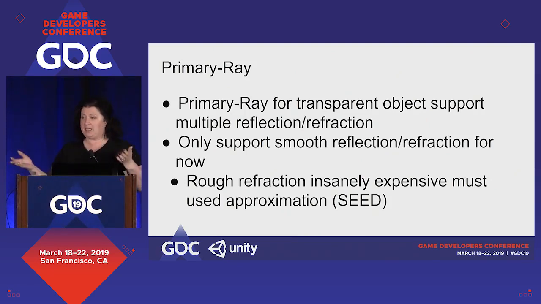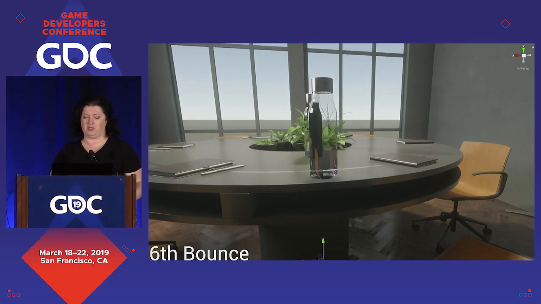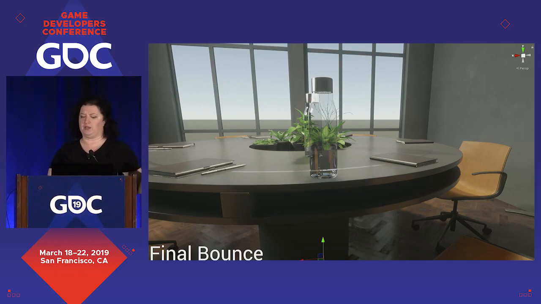So that is actually what allows us to support multiple reflection and refraction for transparent objects. As I've mentioned, we only support smooth reflection and refraction. The whole scattering of rough refraction is quite expensive, good for next year's GDC, and there is a really good analysis from Colin's presentation on the subject from last year's SIGGRAPH Intro to Ray Tracing course. So here's an example of, I think, 9-level passes. We're going through multiple bounces, accumulating the result for the final refracted and reflected.